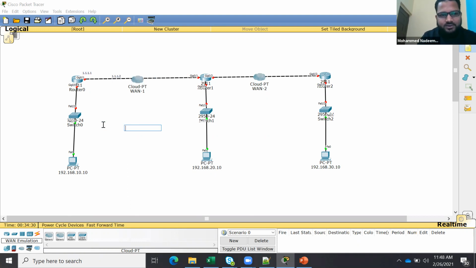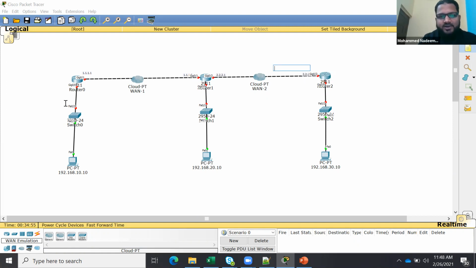So this is 1.1.1.1, and this side interface should be 1.1.1.2. Done. Here on this side, let's use 2.2.2.1, and this side 2.2.2.2. That's it.